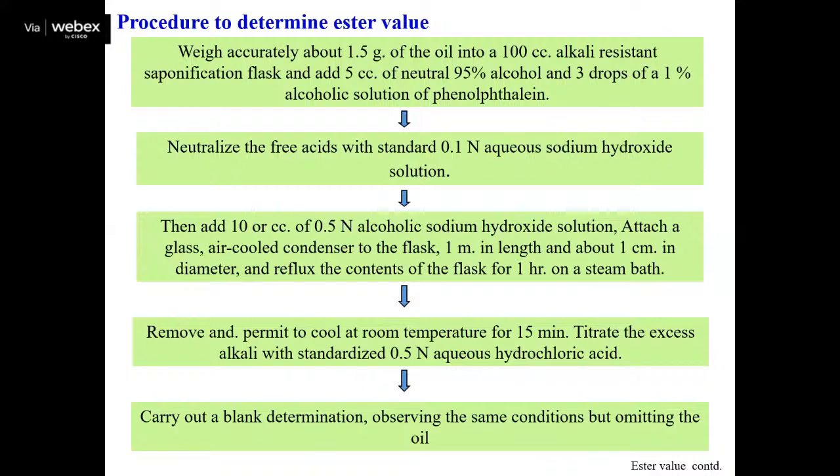The procedure for the determination of ester value: first we take 1.5 gram of the oil into a 100 cc flask, with 5 cc of neutral 95% alcohol and phenolphthalein, and it is neutralized by 0.1 N aqueous sodium hydroxide. Then 10 cc of 0.5 normal alcoholic KOH solution is added, and it is attached to the condenser and heated for 1 hour. After cooling and removing the condenser, it is titrated with the standard 0.5 normal hydrochloric acid. And as I told earlier, a blank determination is also done, to determine how much quantity of the acid was consumed